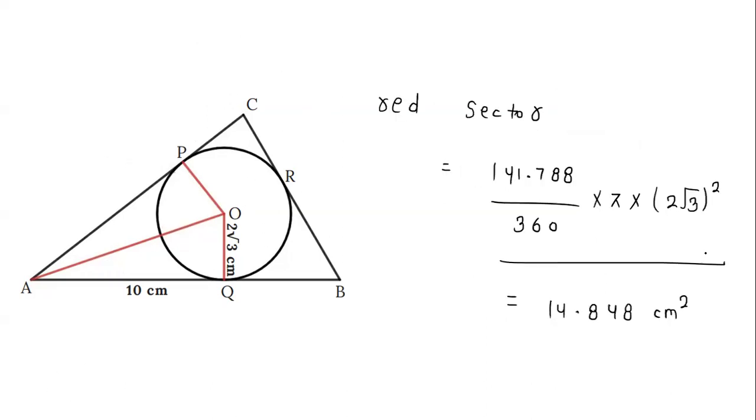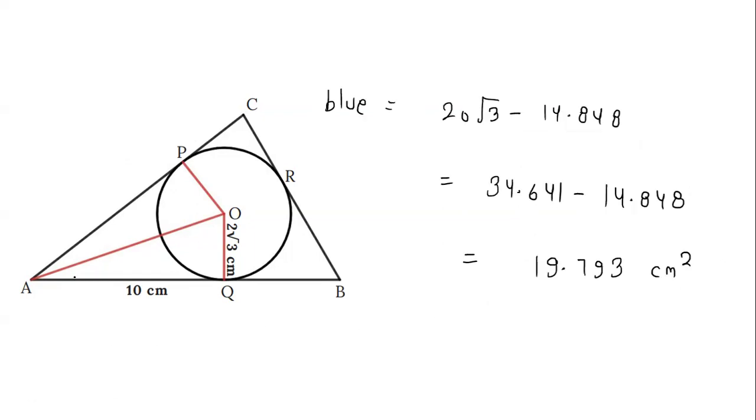So sector area is this, radius we know is 2 root 3. So we can put values and it will come like 14.848 centimeter square. So this is the red sector area. Now you know the red sector area and total area. So you can easily find the blue area as